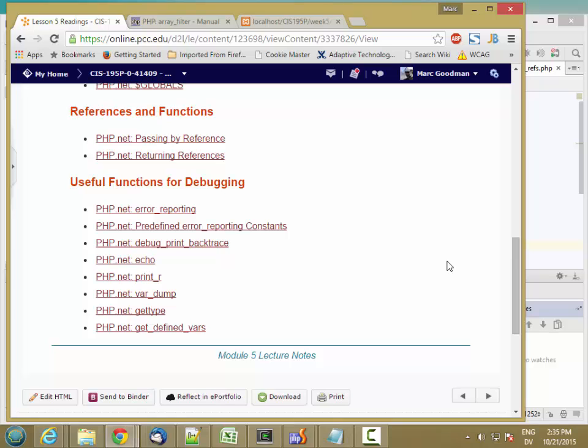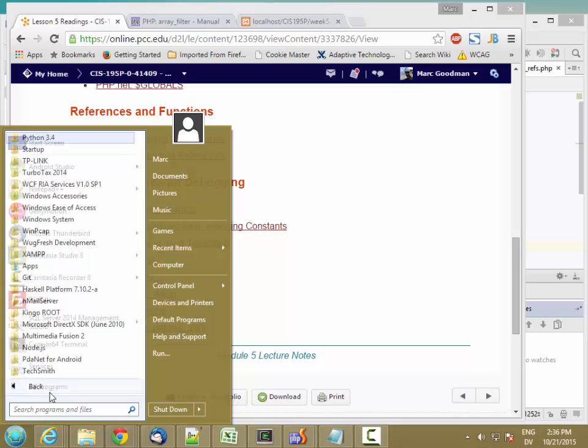Now let's look at error reporting in PHP. There's two ways to control error reporting. You can either control it in your PHP configuration, or you can override whatever settings you have in your configuration inside of your PHP program. So the first way is by going to XAMPP control,